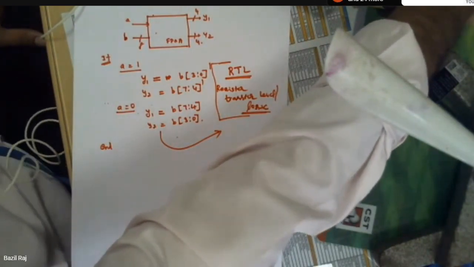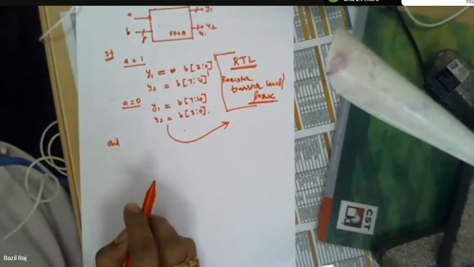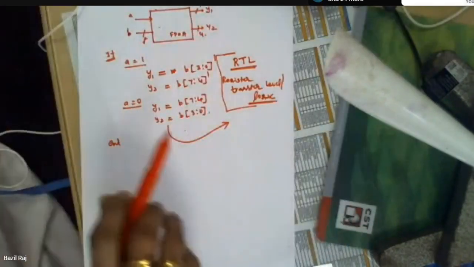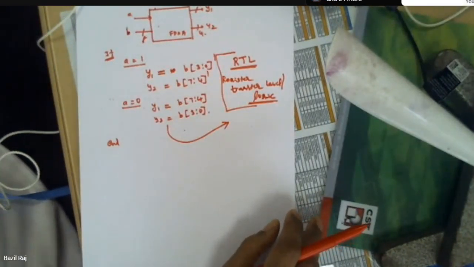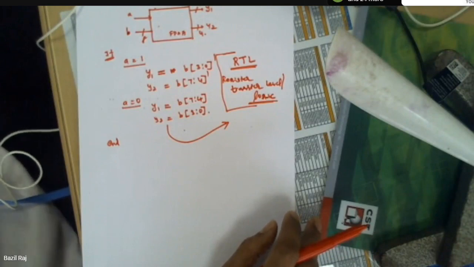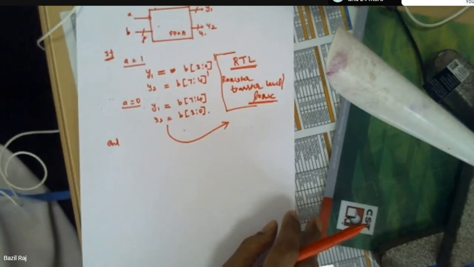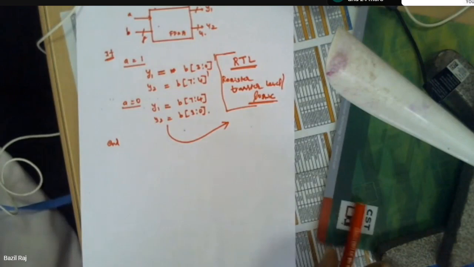Look at the screen here. Just go to the design. So this is the design. As usual, A, B are the inputs, Y1, Y2 are the outputs. Then we have written the program here. So process, you know what is process, A comma B, begin. If A equal to 1, then Y1 equal to not of B(3 downto 0), complement, Y2 also complement. Else Y1 equal to B(7 downto 4), Y2 equal to B(3 downto 0). Right, this is the design now.